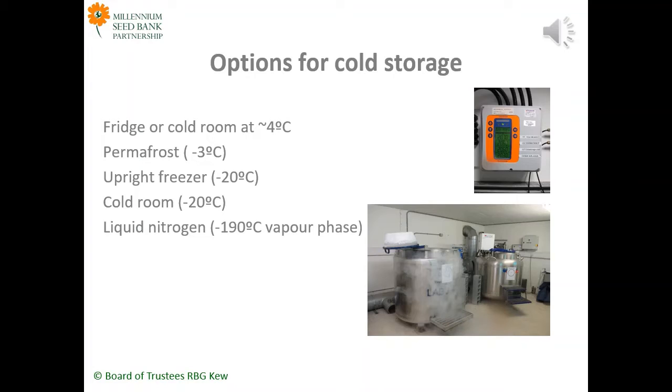And last is liquid nitrogen. So we use liquid nitrogen for cryopreservation of recalcitrant seed in our research facility. That's going to be discussed elsewhere on the course. But we also use it to duplicate orthodox seeds that are short-lived. There is an advantage because the flash freezing down to -190 degrees C allows short-lived species to be kept for